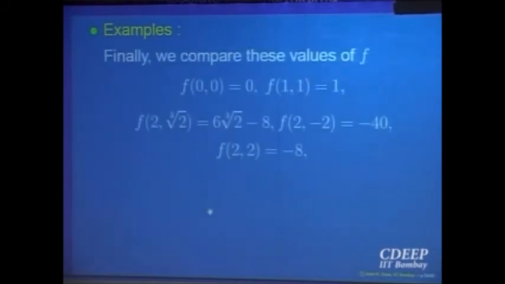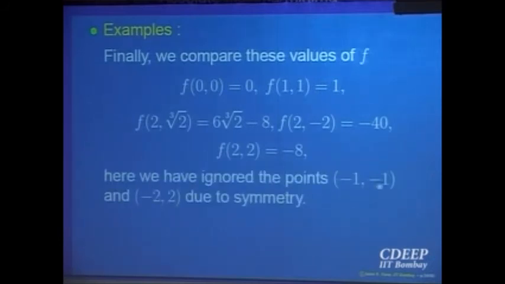So now you find out the values at all these points, f(0,0), f(1,1), f(2, cube root of 2), right? Put in the values and compare. From here you can see which is the largest value, that is the absolute maximum, which is the smallest value, that is the absolute minimum, and at what points it is attained, okay.